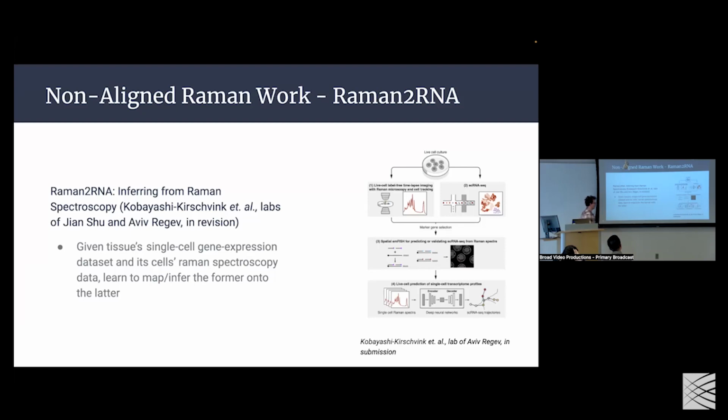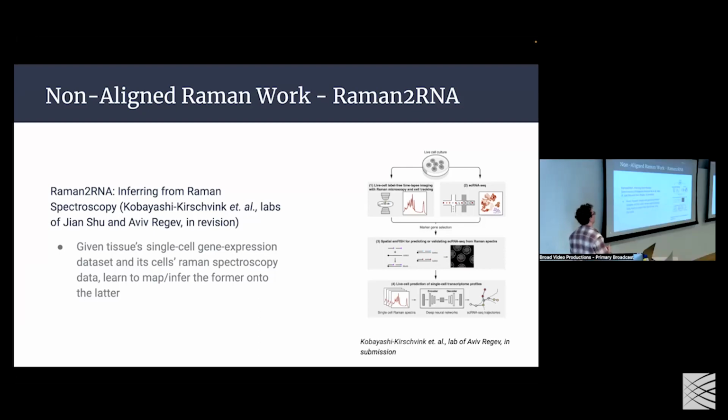Very smart guy, very nice guy. He developed this framework called Raman to RNA, which is more or less like SHAF, but dealing with Raman spectroscopy instead of histology images. What is the difference here? Raman spectroscopy is roughly a 900 dimensional image, I put in quotation marks, a very high dimensional imaging modality that is more informative than histology stains in a lot of ways. And we wanted to see, can we go from Raman of a biological system to transcriptomics?